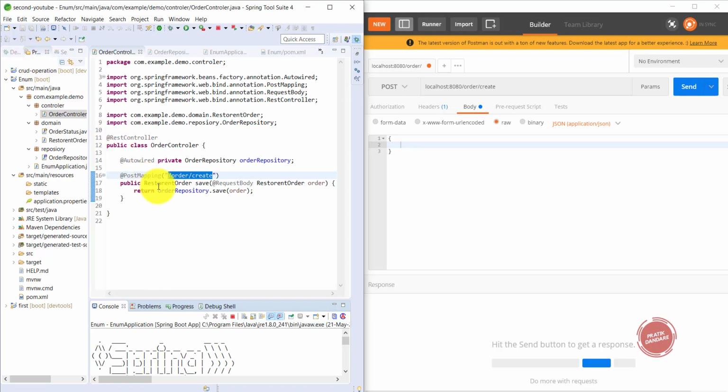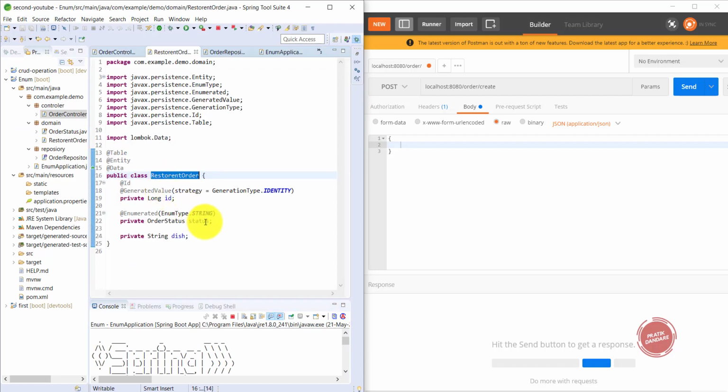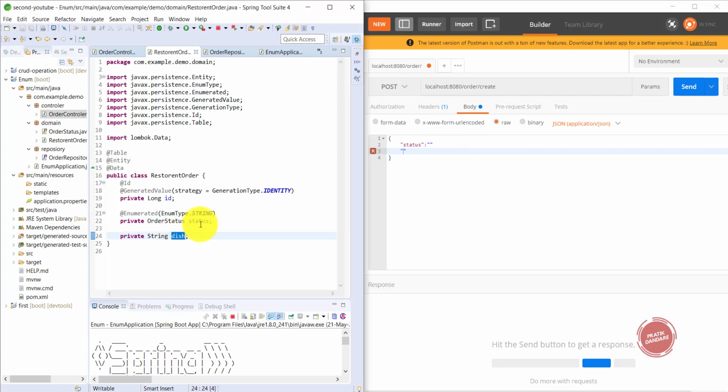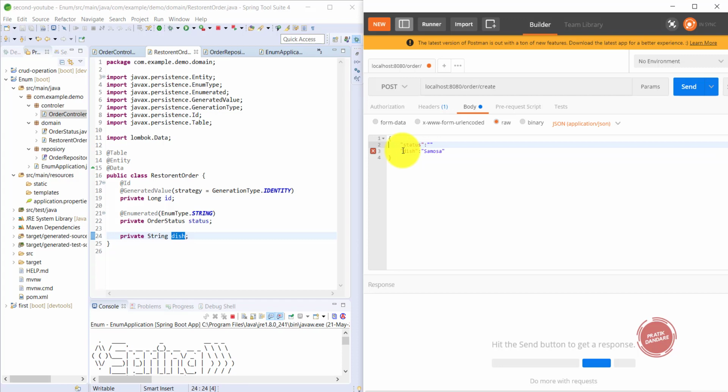I need to pass status and dish here. So I am writing the parameter as status and passing status here, and the dish name is gulab jamun. Actually, samosa is better. And the status is, okay, let's do that.